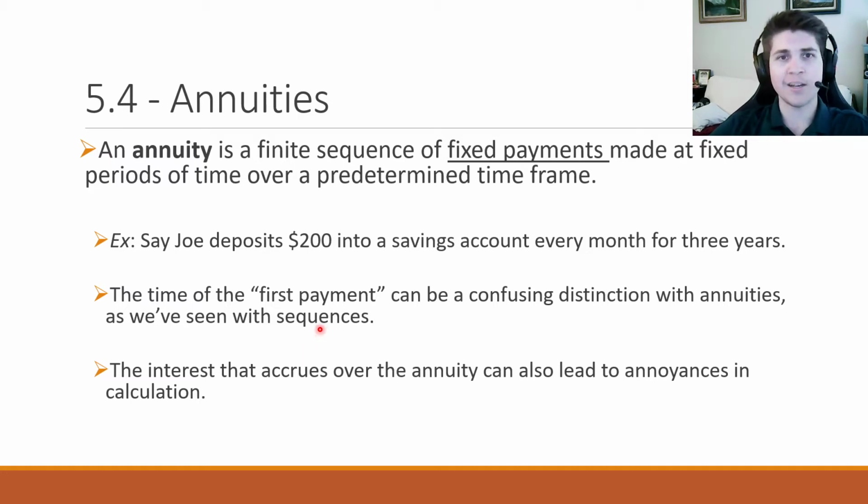So before we get into it, an annuity is just a series of fixed payments. Like for example, say every month you're going to put $200 into your savings account over and over and over again. That would be an idea of that. And over time, the amount in your account grows and grows and grows. Now, the other implication of an annuity is that